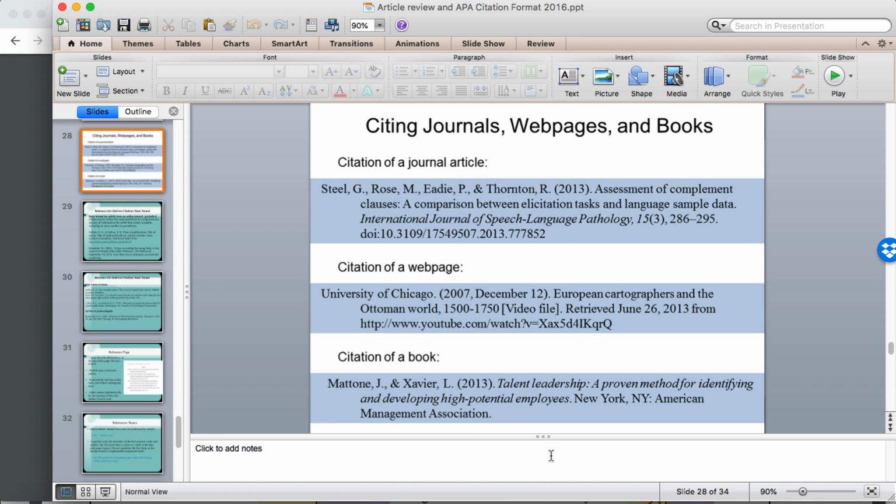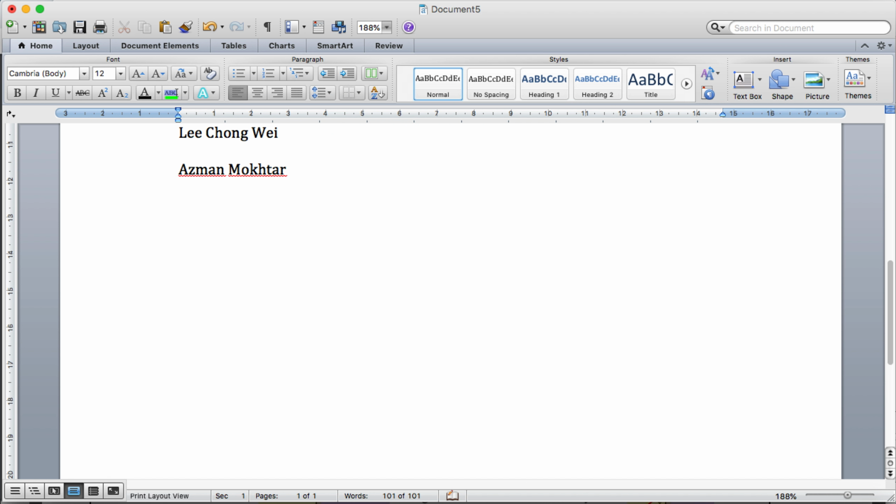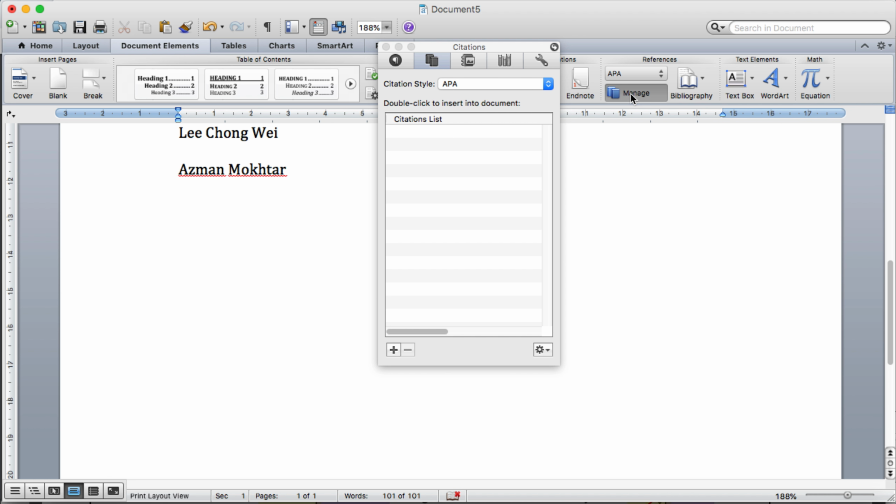Microsoft Word. For example, let us go to Microsoft Word now, and here you can see document elements on top here. So click on document elements, and then you go to references. So this is where you can do your references. Make sure it is APA format and click manage. But let's say if you have a different version of Microsoft Word, perhaps the features would be a bit different. So you click manage, add,